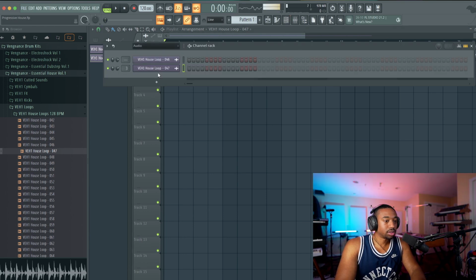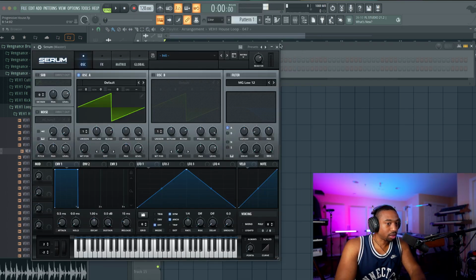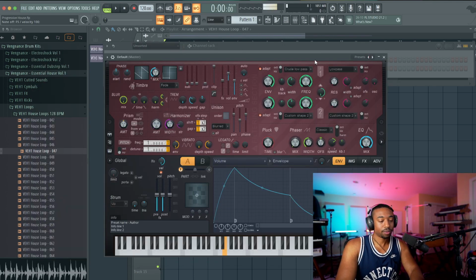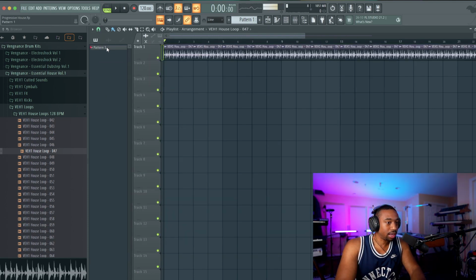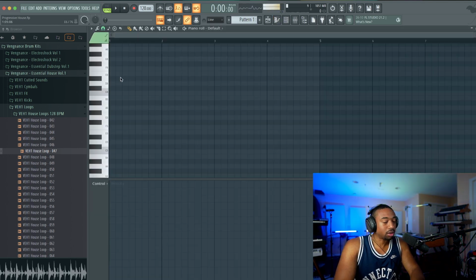Now let's go to the channel rack. Let's open up Serum, not Serum. I had Harmor open, but you could also do this in Serum. My brain kind of skipped. Let's go to Harmor, and let's start writing some chords. So let's drag this pattern into the playlist and build as we're listening to the actual track. So let's draw this out. And let's right click, go to piano roll.